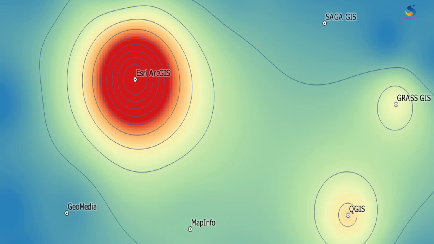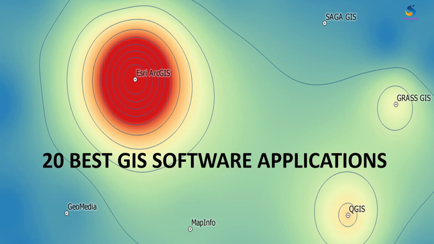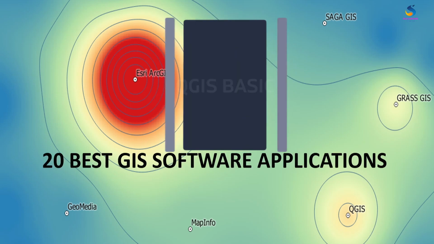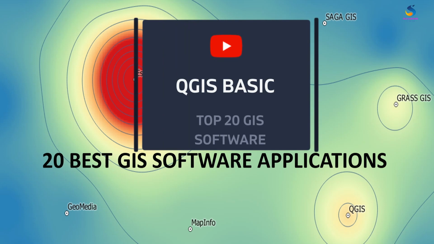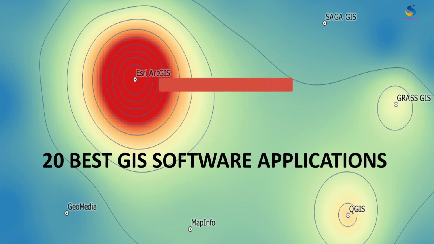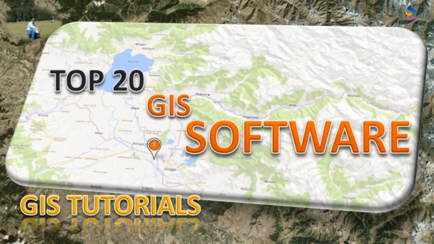In this video, we will not talk about QGIS, but we will talk about GIS. Here we will list 20 GIS software ranking wise. So, best 20 GIS software applications. Here we will discuss their pros and cons, what they are doing, and what we have considered for their